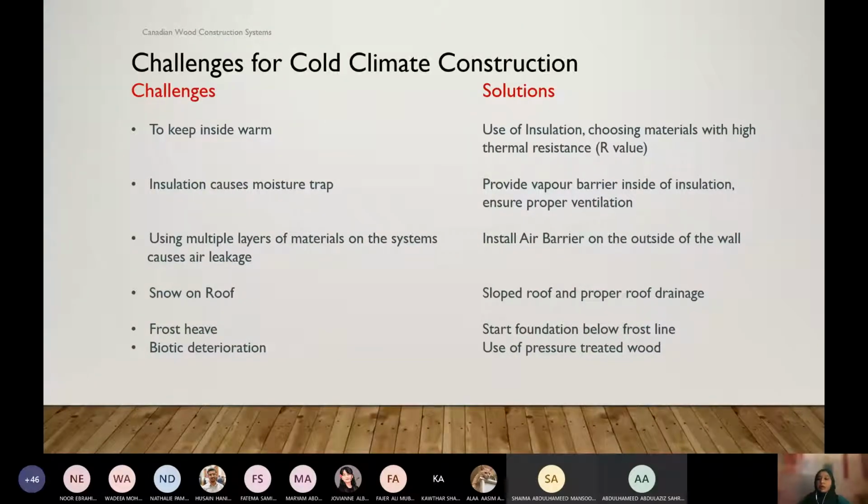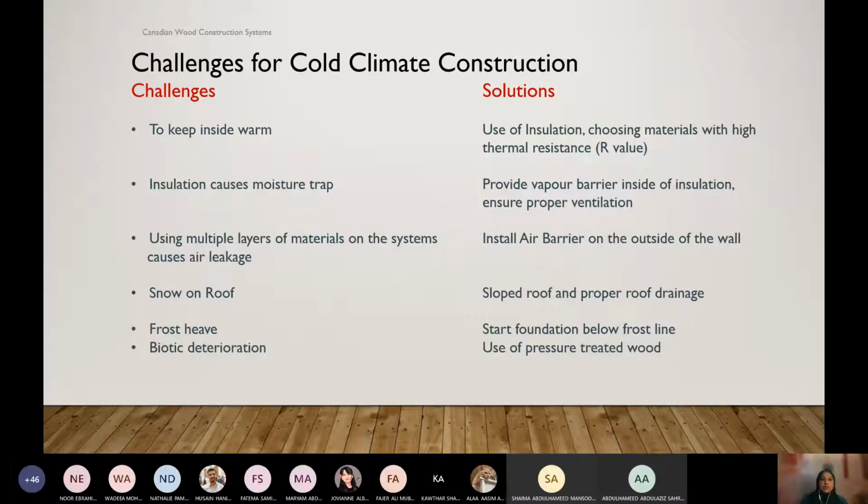Now, because ours is a very cold climatic zone, we have some challenges, and one of the biggest is keeping the inside warm.